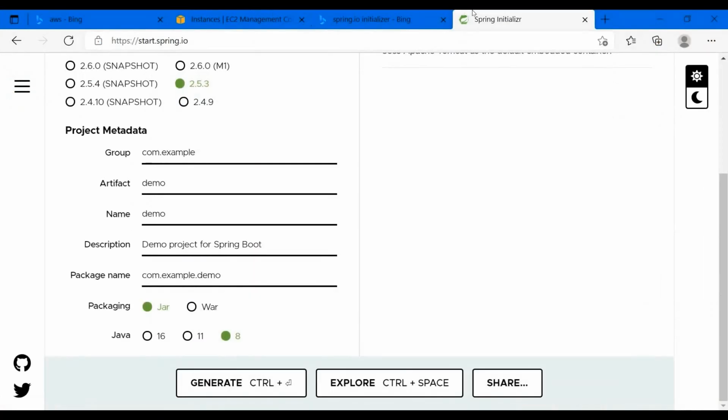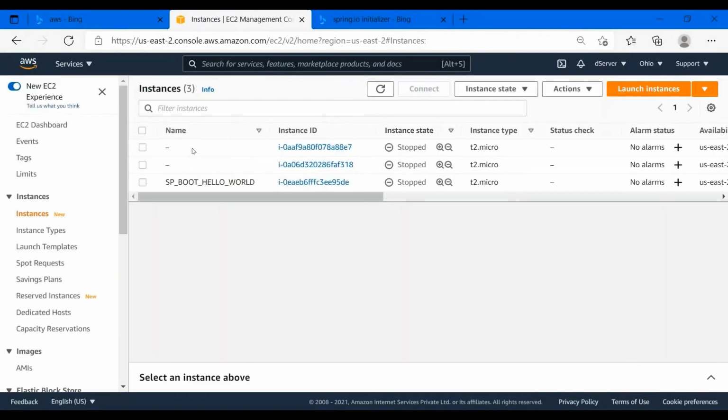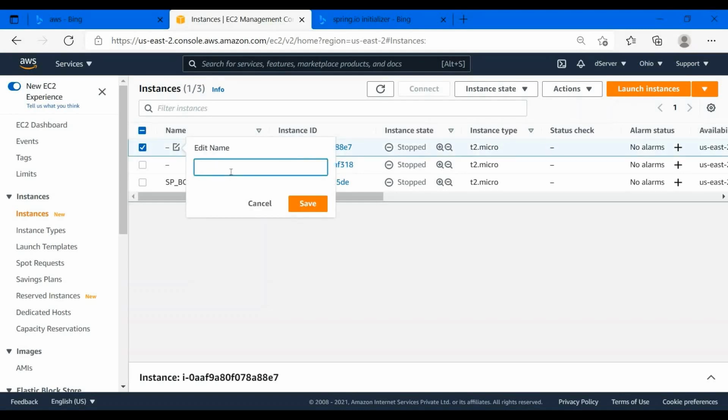We are importing this jar, but in the meantime let's do something in AWS. First of all, we need to give a name so that we won't get confused later. Give a name like SP load.